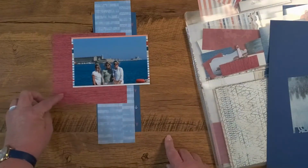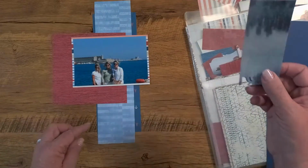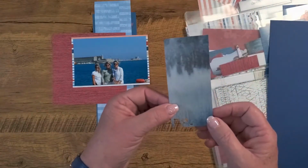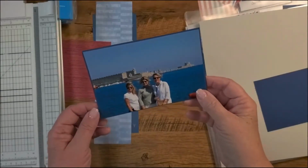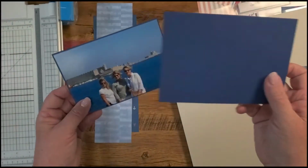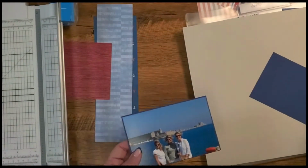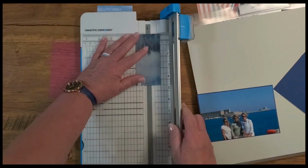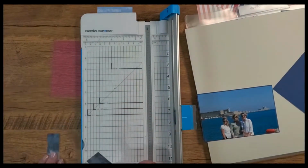I could probably take a little bit off of that along the bottom, and then I'm going to cut my tag from this blue wash paper right here. I decided to mount my photo with a thin mat out of this royal blue color, just to kind of pop it off. And then I'm going to take an inch right here of this wash paper,